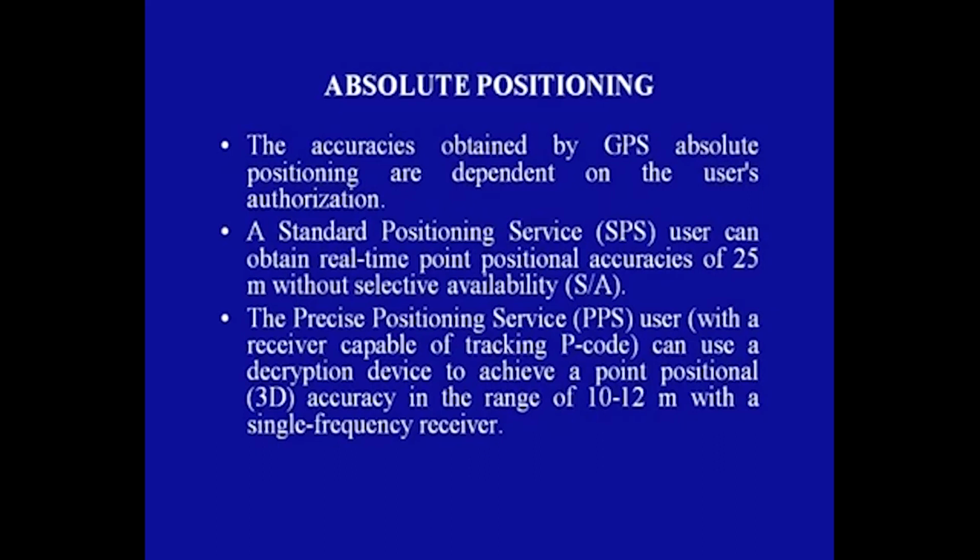In the other mode, that is the precise positioning service or PPS, a user with a receiver capable of tracking P code can use a decryption device to achieve a point position in 3D accuracy in the range of 10 to 12 meters with a single